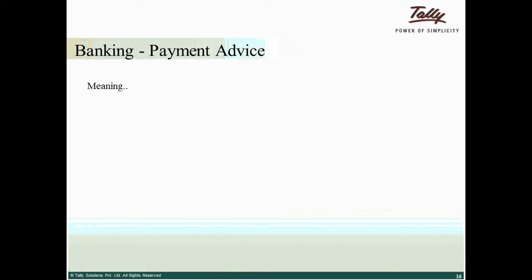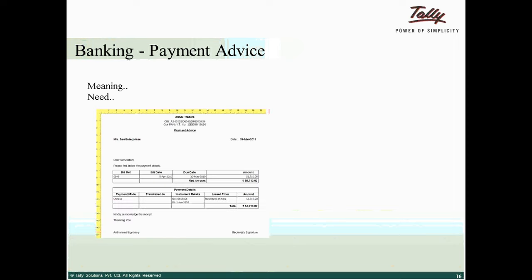Hence it is useful to issue a payment advice before making any payment to vendors. It will be very clear against which bill you are clearing the payment, hence it is needed. So this is how it looks. Now we'll go to the product and we'll